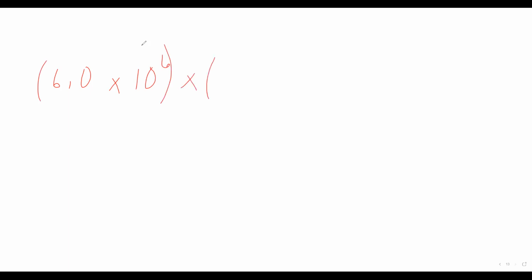And we're gonna multiply that times 5 times 10 to the 5th, why not? Oh, and you notice I'm not putting 5.0. This is so that we have the sig figs again. All right, and then down here,